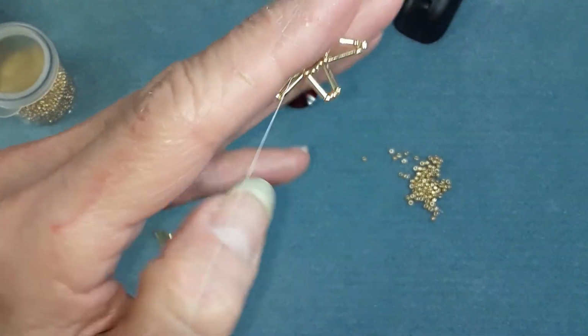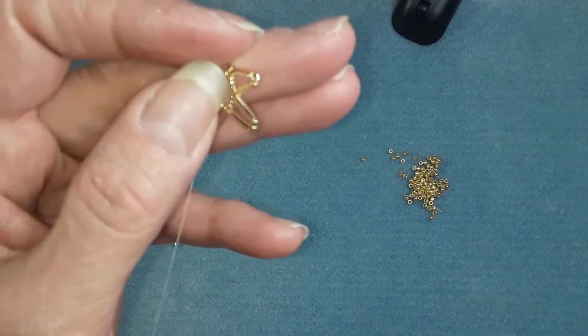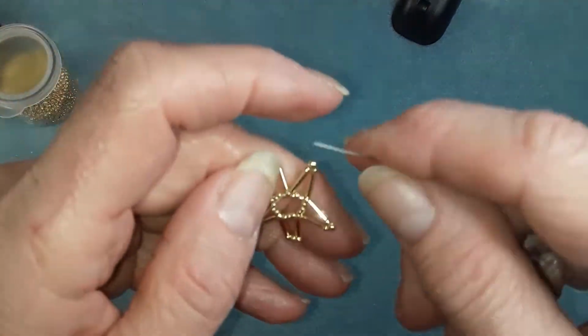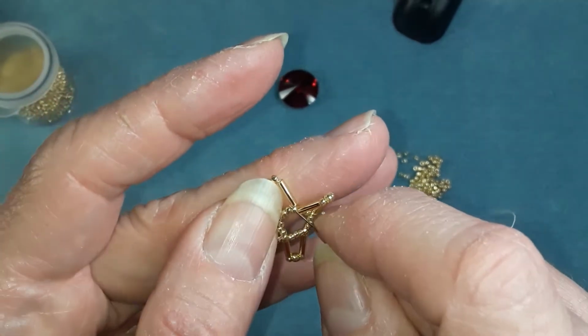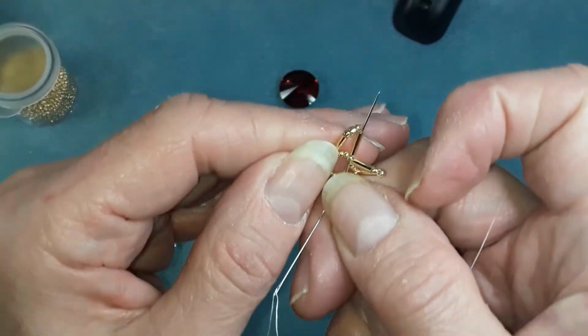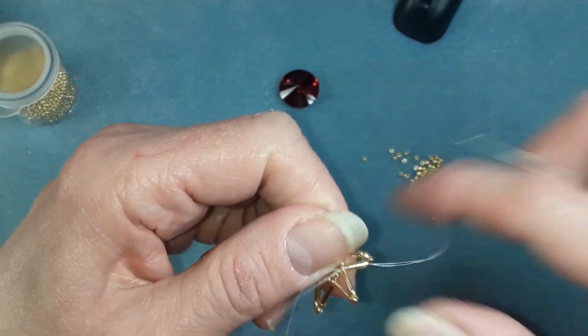And that's what you want. Like so. We're going to do that all the way around. And then when we get to the other side,